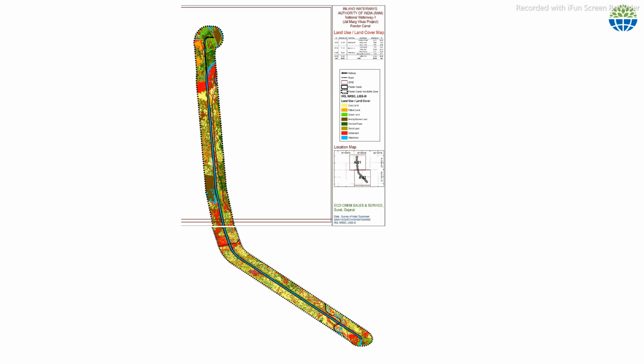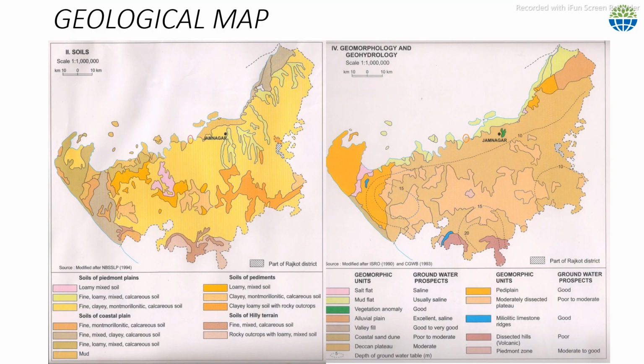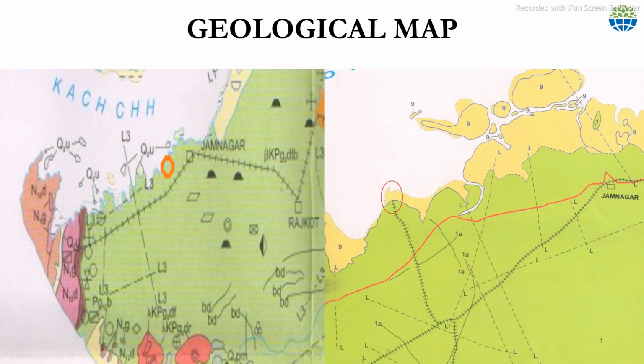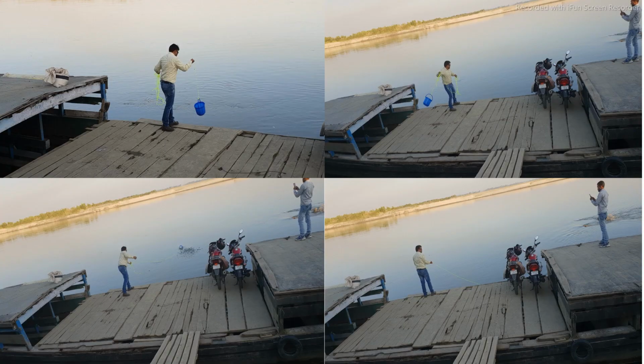This is the linear project of the Ganga river from Allahabad to Haldia, West Bengal. So you can see some pictures taken from our survey. And here you can see the geological map, because for data validation we have to have some data sets. We need to go to the site, we need to create the data first. This is a picture taken from Assam, Dibrugarh rural area, during surveying of the ecological status of the current scenario in Dibrugarh. This is one river, the Subansiri river in Assam. Here the national waterway is passing through, so we have done